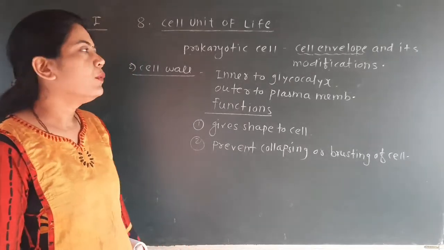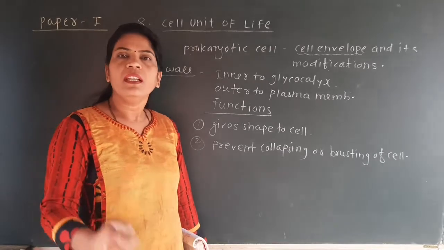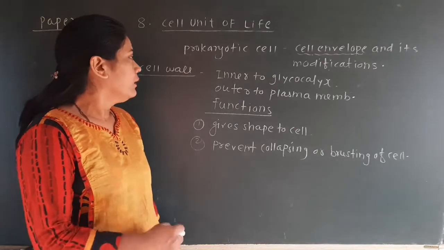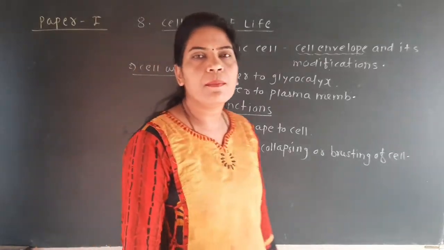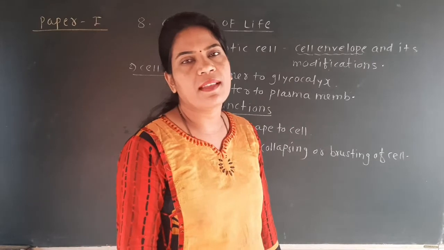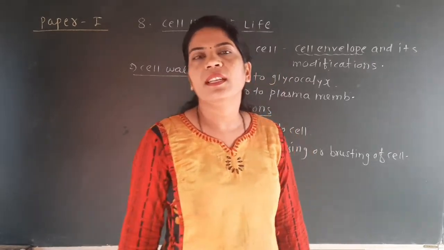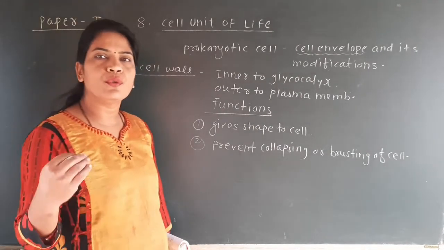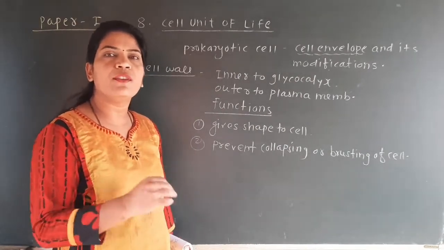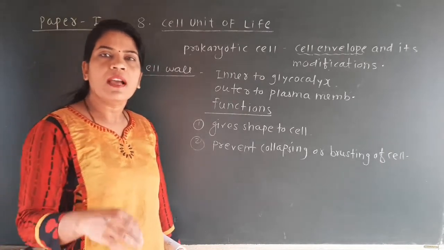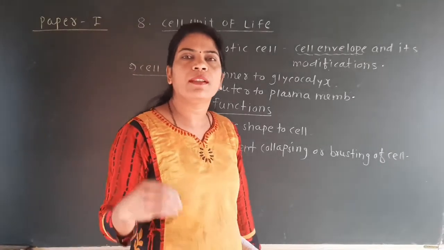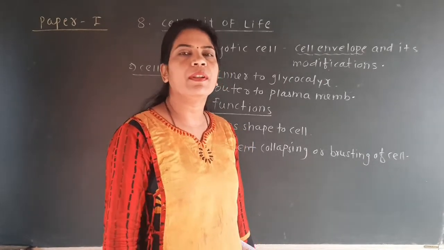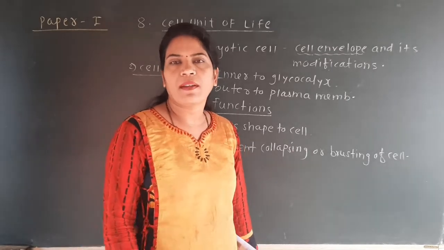Okay, here we have seen the second layer of the cell envelope, and do you remember that the composition of the cell wall is made up of polysaccharide, that we have seen in the biological classification. That is not required here, but while discussing the cell unit of life topic, you have to remember those points that we discussed in biological classification. Then there will be linking between the kingdom Monera and the bacterial structure.